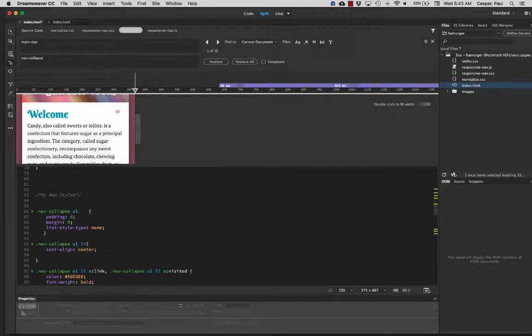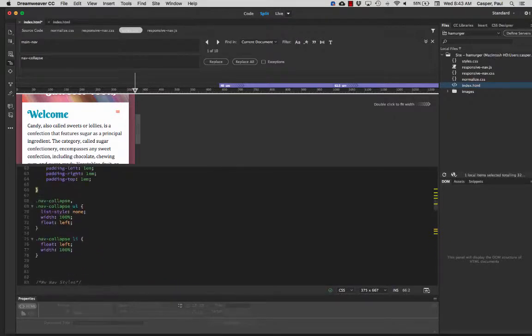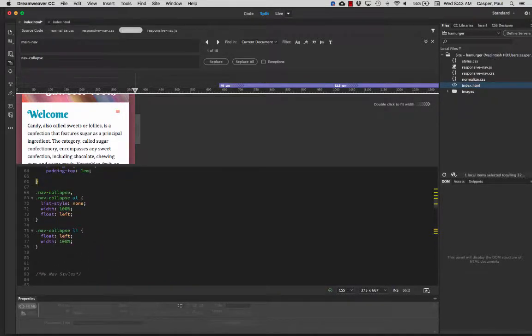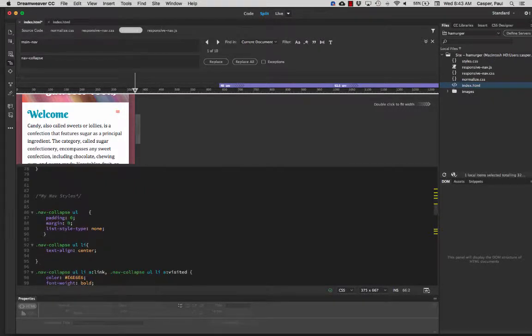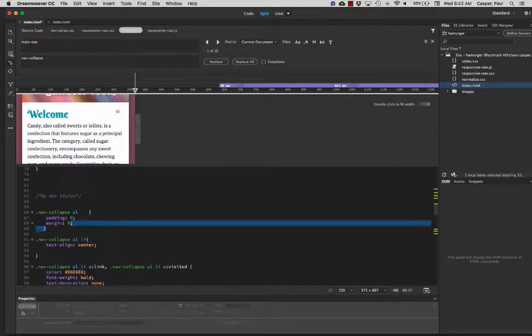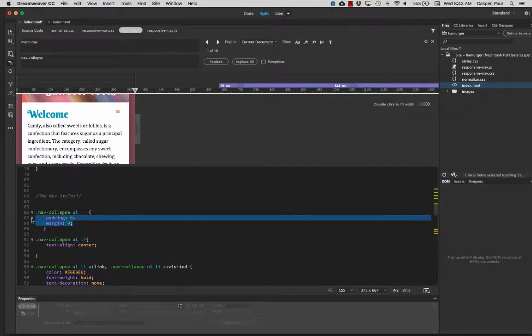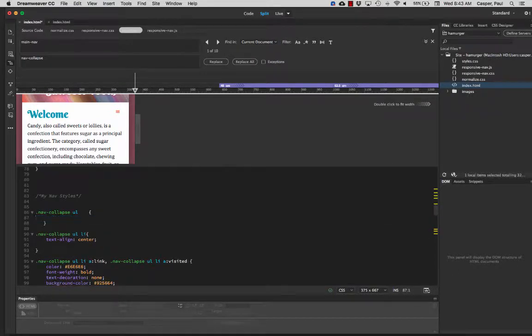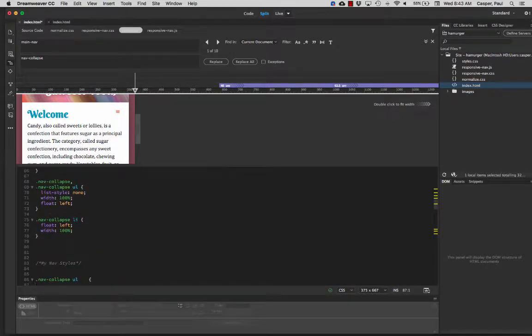And then, so I've got a nav collapse UL. They've got a nav collapse UL. They've got a list style of none. I've got a list style of none. So I don't need that. But I did style my padding and margin to be 0 on that UL, and they might have gotten to that in a reset, I'm not sure, but I'm just going to keep it